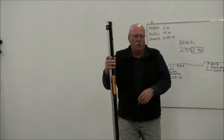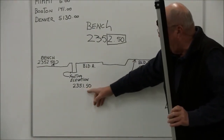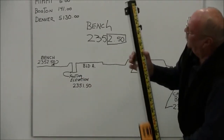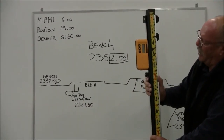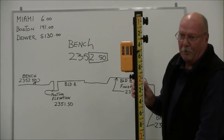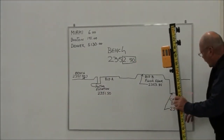So what I want to do with this rod at this point is, if I now want to pick up elevation 2351.50, which is say a footing elevation, I can run the receiver up to 1.50, and as I dig, when the receiver goes off, I'll know that the bottom of my rod is at this 2351.50. Same thing with a catch basin,